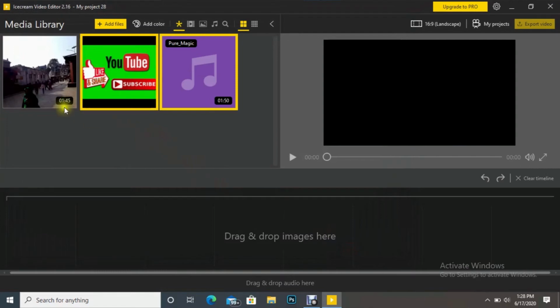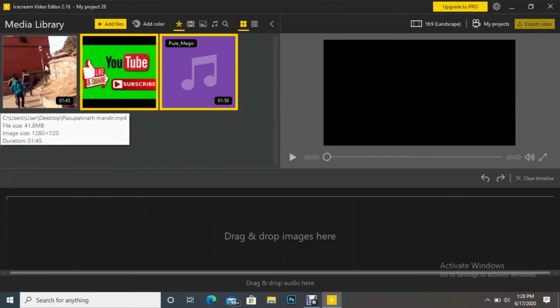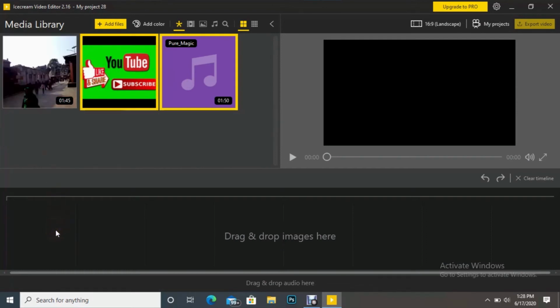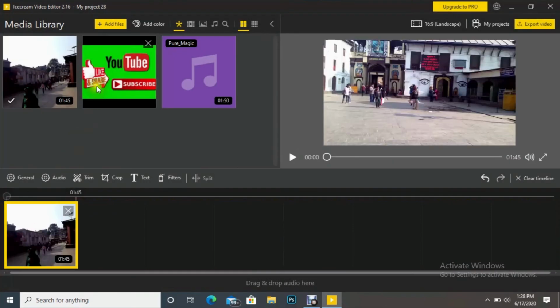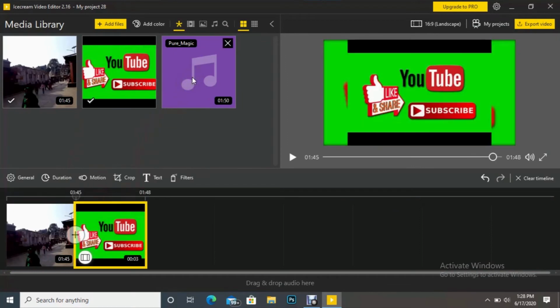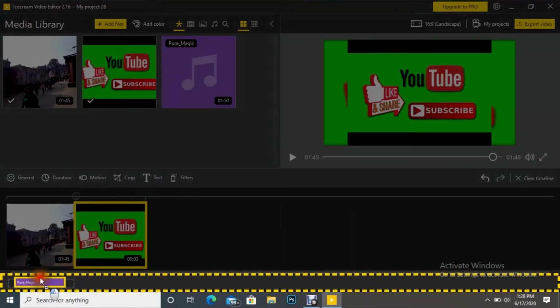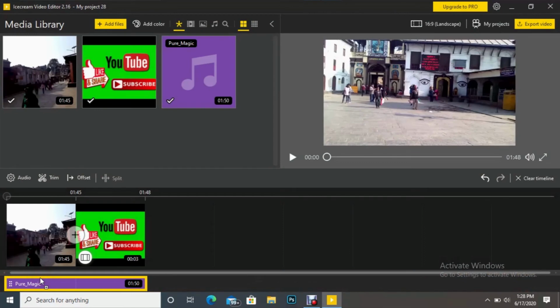So I added here one video file, one is picture, one is audio file. So let's drag to timeline area. So here is timeline area. So video dragged here, image is here, and next is music, it is here. So this is how we can add files